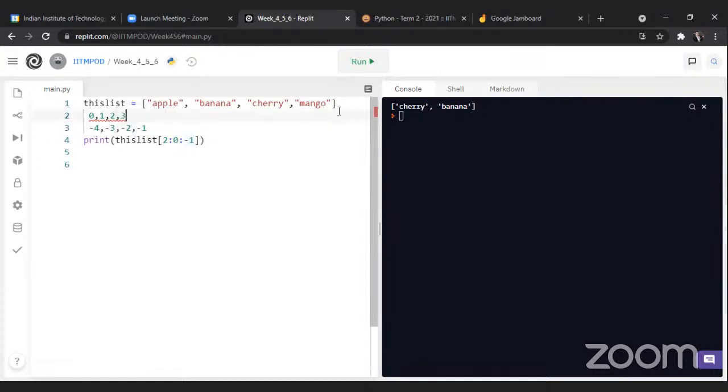This negative indexing starts from the right. So -1 for mango, -2 for cherry, -3 for banana, -4 for apple. And if we are taking positive indexing, 0 starts from the left. So 0 for the apple, 1 for the banana, 2 for the cherry, and 3 for the mango. So for example, if you write here 2, and here -4,